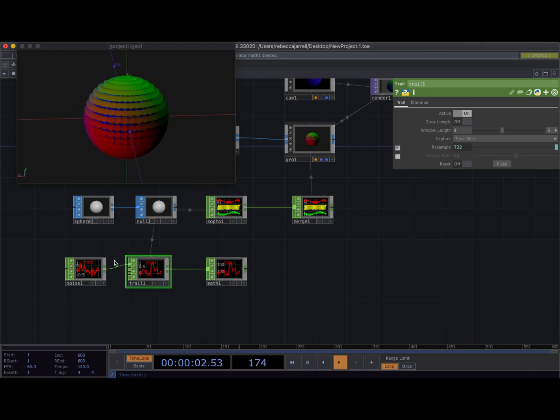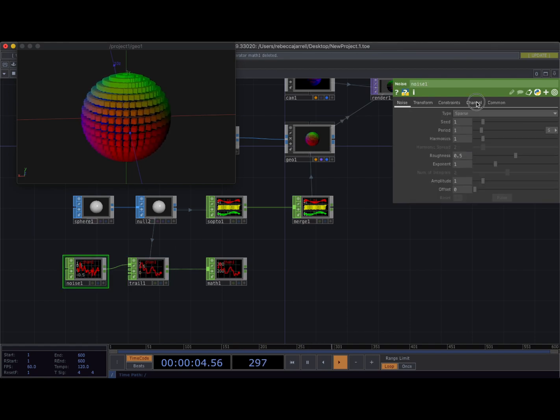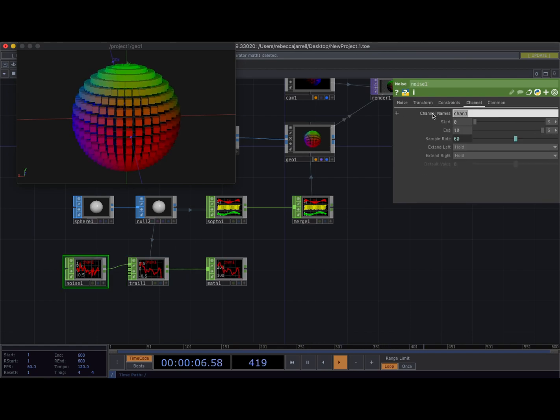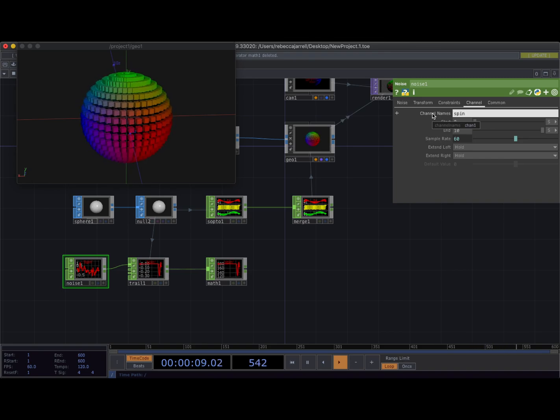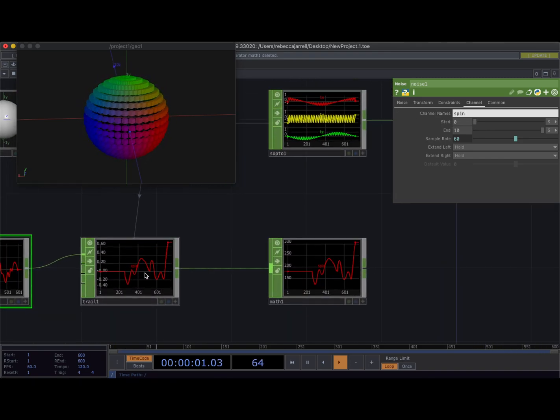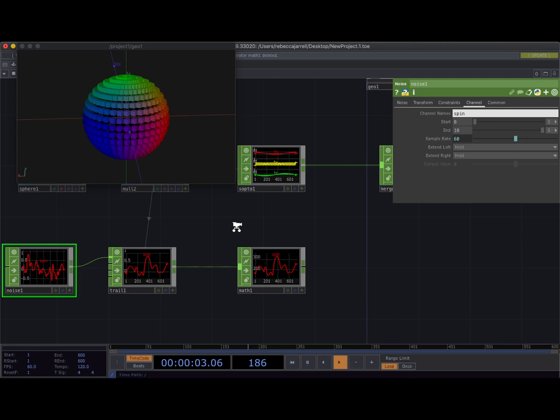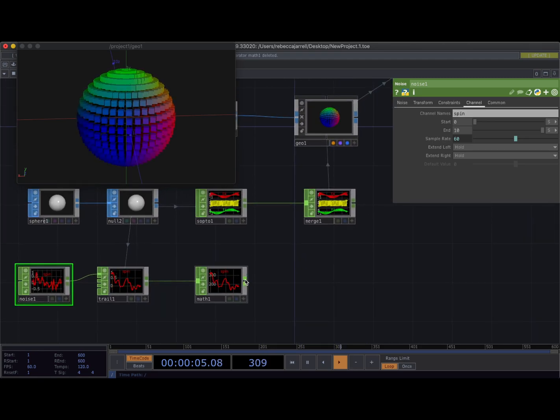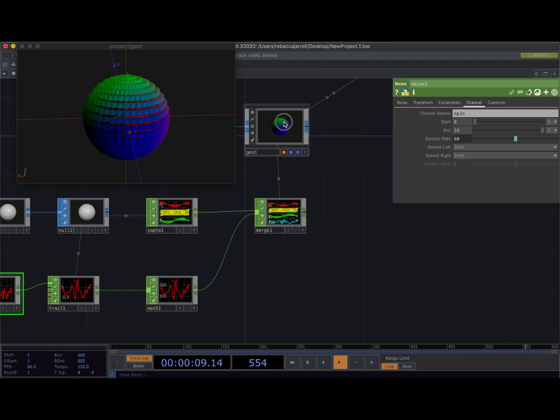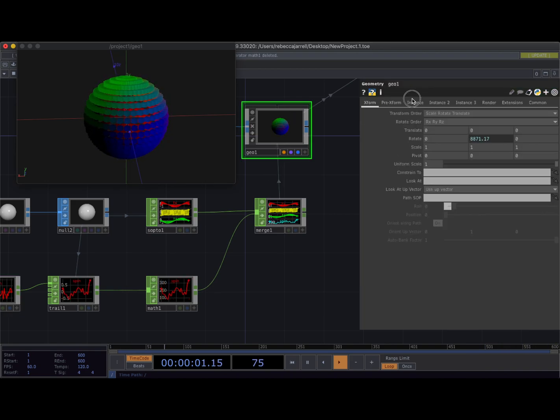And then I'm also going to come into this noise, go to channel, and rename this spin. Great. So now, as you can see, it is called spin, because Jan 1 is just not very specific. Now I'm going to take this math and bring it into my merge. This merge is the instance control-e merge. And then when I go into my geo,